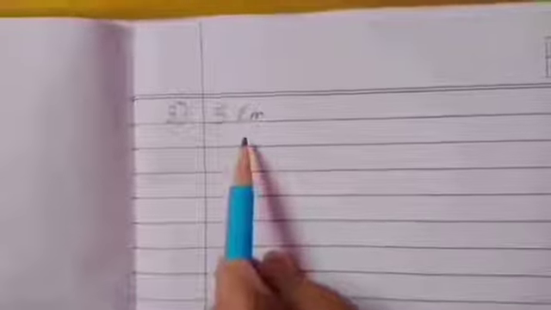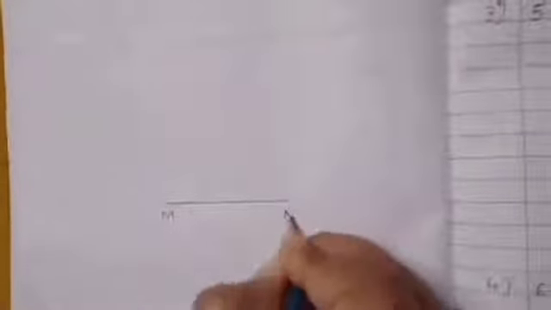Now number 3. Number 3, radius of 5 centimeters. So we will first draw the radius 5 centimeters. From 0 we have to take 0 to 5. We will give the name M and 5 centimeters. With the rounder we will measure it. It is 5 centimeters. We have to measure it properly, then only we will get a proper circle. 5 centimeters, and this one end we will keep at M, and we have to draw a circle.